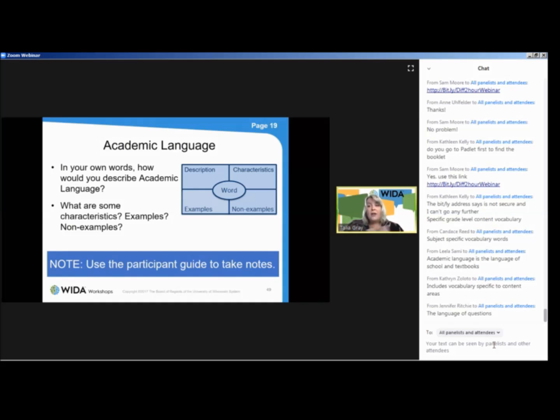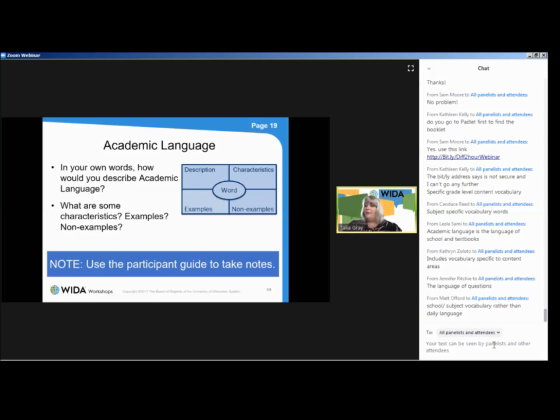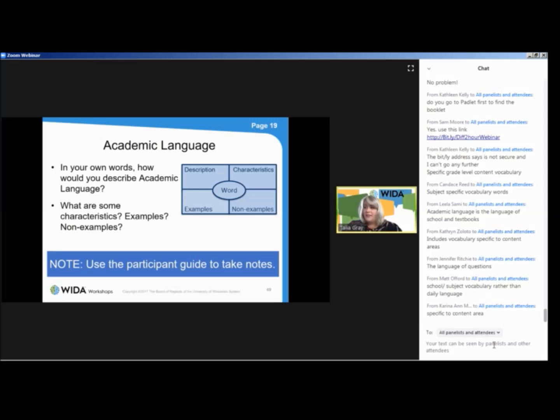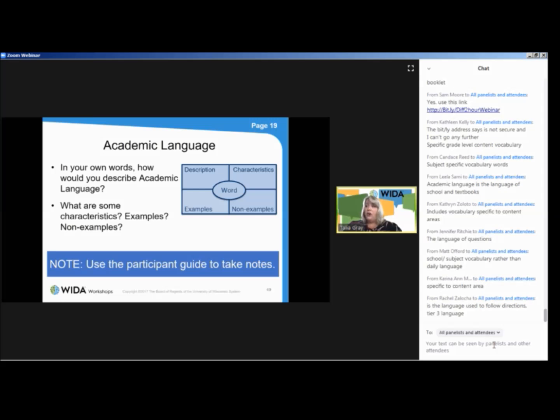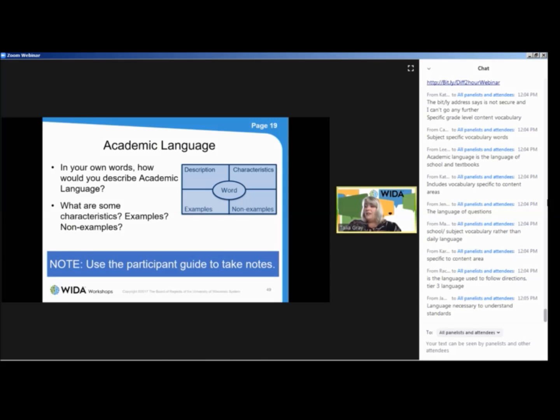School talk is what we used to call it when I was a homeroom teacher. We would talk about how school talk is different from the way that you talk to your friends on the soccer field. It's different from the way that you talk to your dog. School talk is different. Specific to content area. Excellent. You guys really have a good handle on what academic language is, and that's fantastic. Language needed to understand instruction and complete assignments. That's it in a nutshell. Formal register,